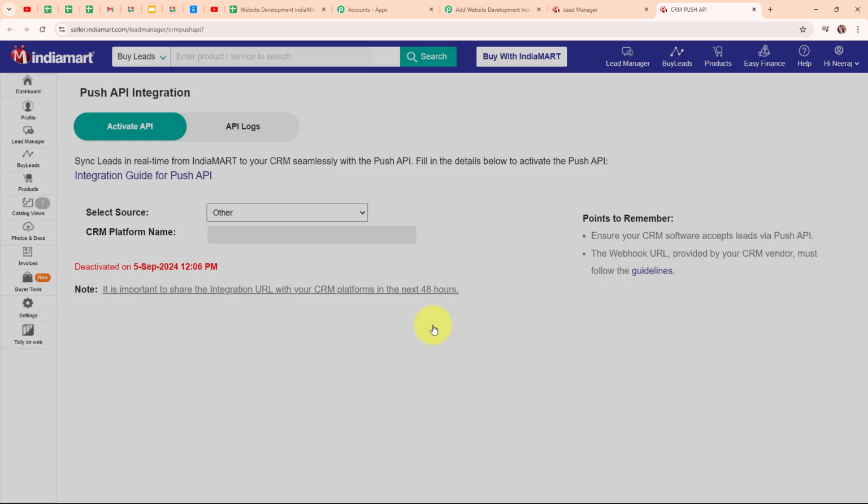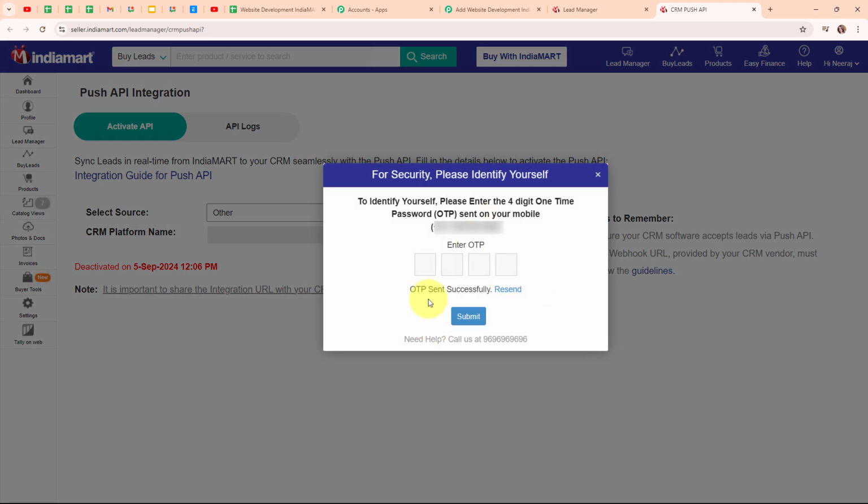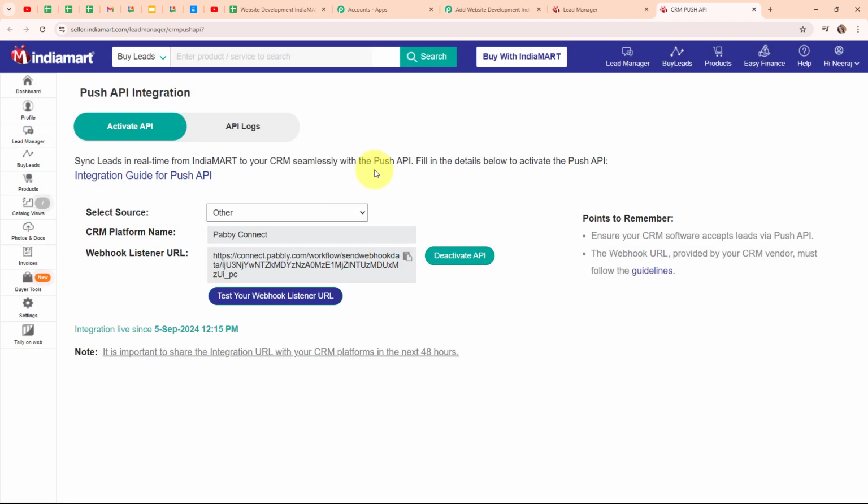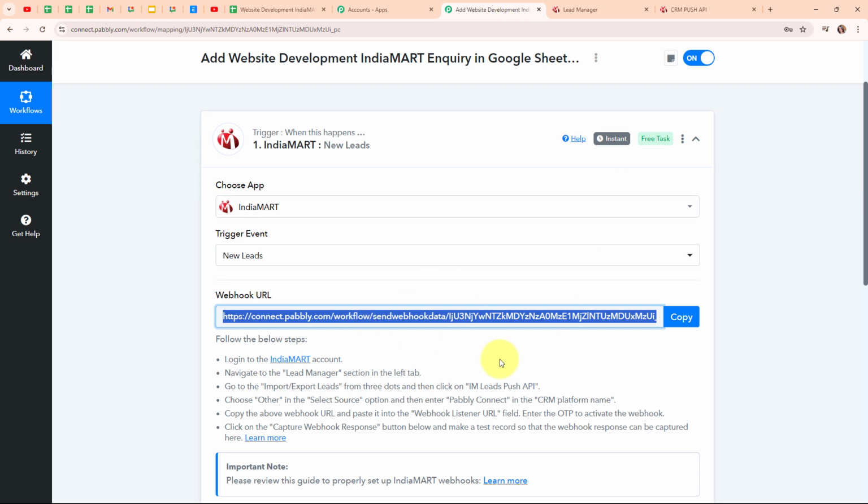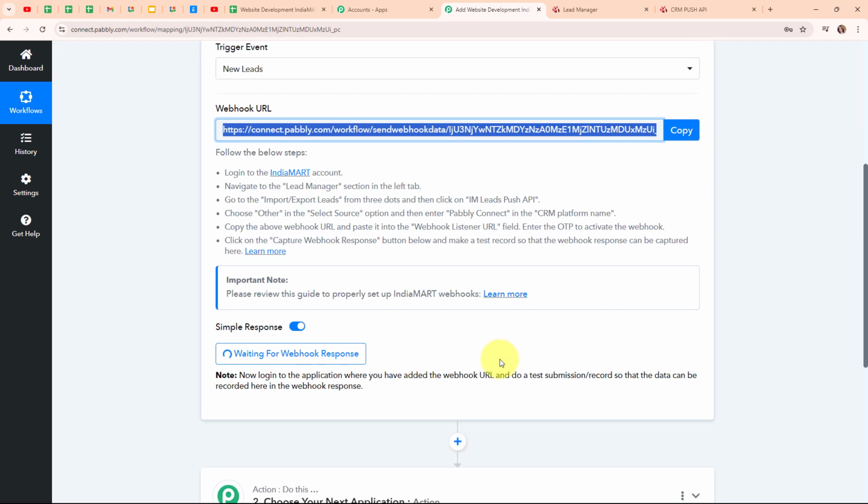And after selecting this reason, I'm going to click on click to generate OTP. Then it is asking me to enter the OTP. So I'm going to enter the OTP over here. I've successfully entered my OTP, and now I'm going to click on submit. And now you can see I have successfully set up a webhook inside my IndiaMART account. So now, moving back to my Pabbly workflow,